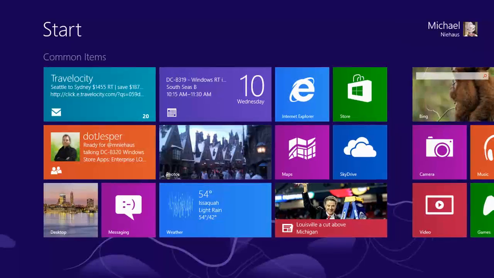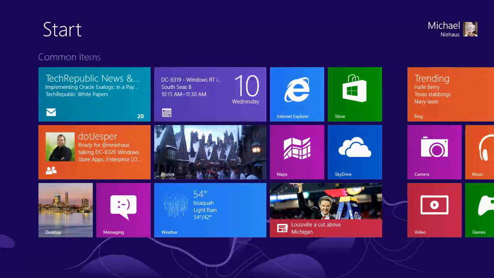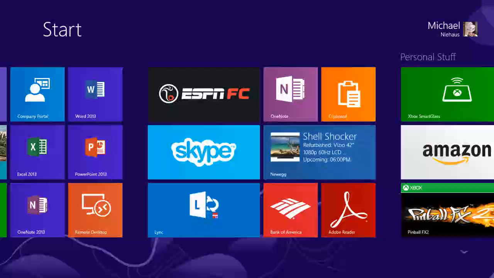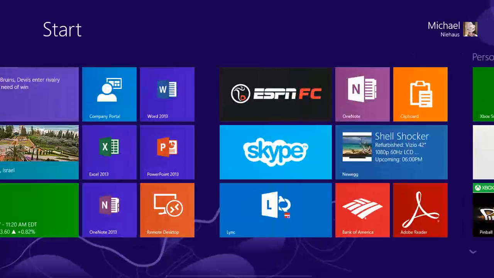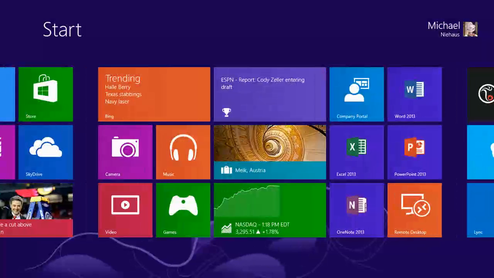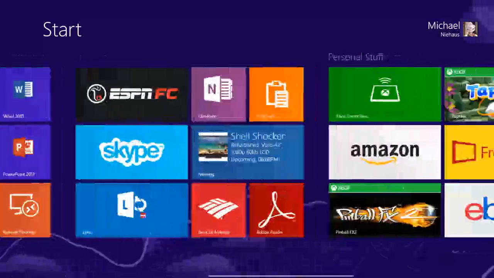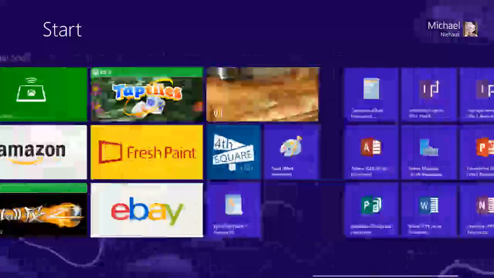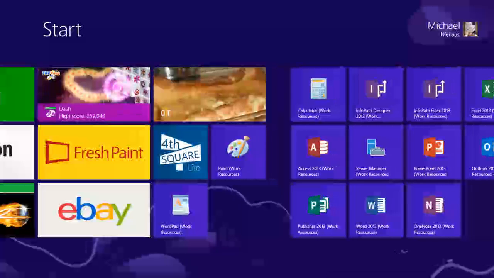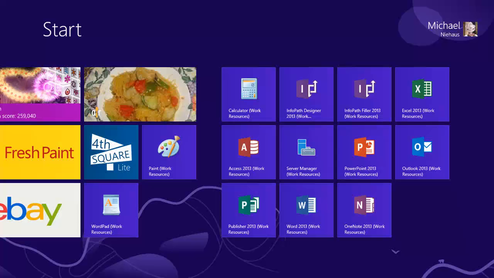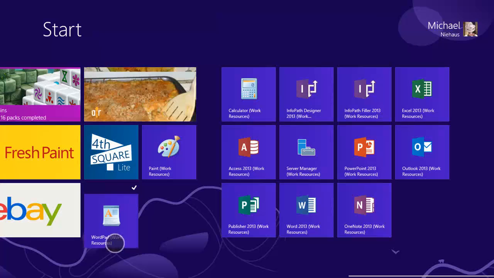So we also have a variety of other applications that are available on here from an enterprise perspective. Some of the ones that may be of interest are things like Skype. OneNote is available from the store. There is a Lync application that's available in the store. Adobe, a variety of other applications that may be useful. We'll talk about some of the remaining ones here as we get deeper into this, but let me first just